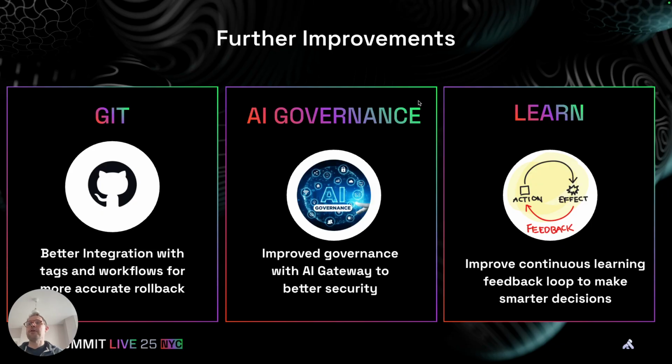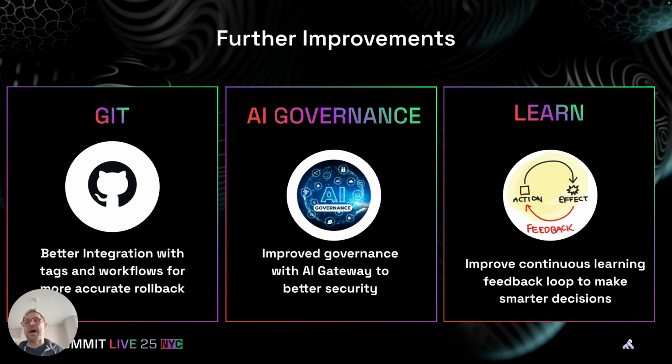So further improvements, obviously this being a hackathon, right? There are always improvements that we can do to whatever it is we've built. So the things that I would look at improving and what I've done, probably better Git integration. I want to look at it working more with Git tags. So rather than making a single change, maybe look at rolling back a particular version. If you are versioning your configurations, maybe doing a rollback of the version, so to the last known state, the last known version of your configuration, as well as looking at workflows.